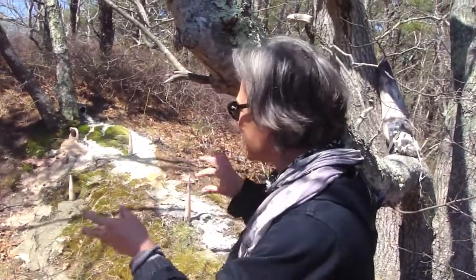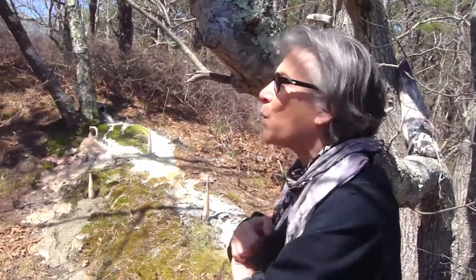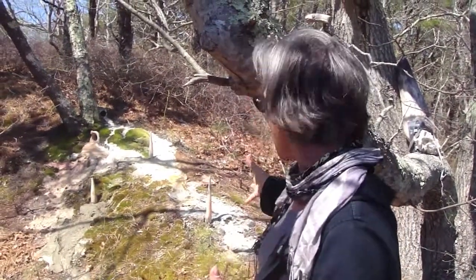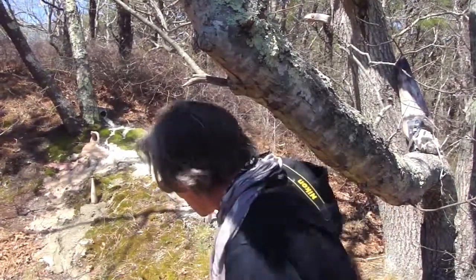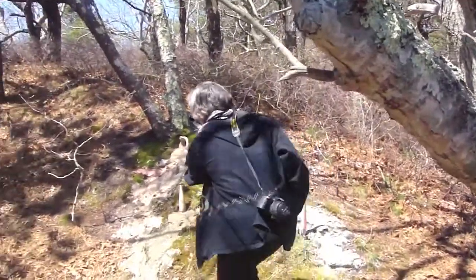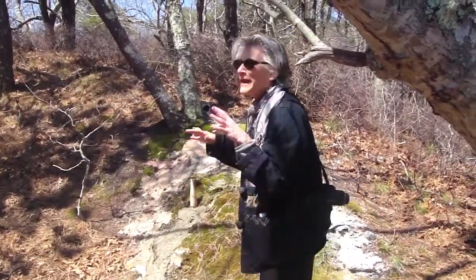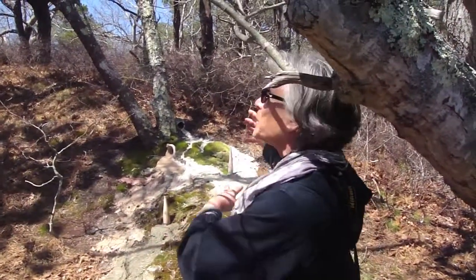I kept adding things, and we've only had one weather event in the time that I've been working, which was after the first night, in which the whole first part washed away. But this green part down here, that's all modeled, and it probably looked like this before the rain. I can't wait for the next rain to see what will happen. None of this flow has been caused by rain